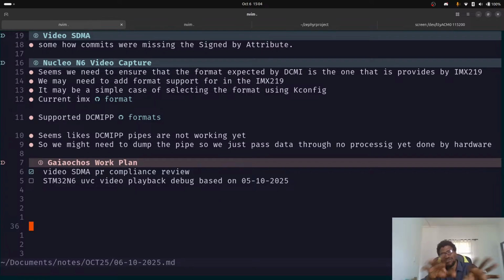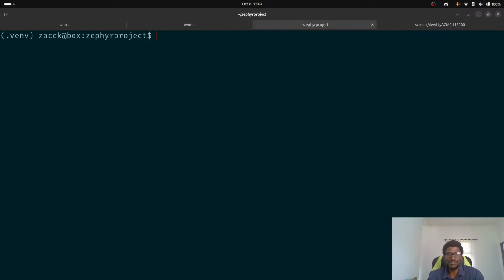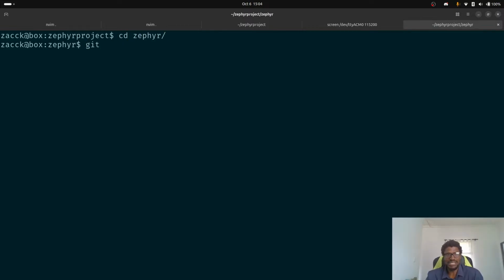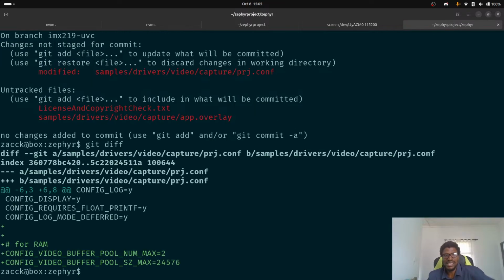So first of all, before we come back to the notes, let me actually show you what is happening. So I have my code here. And this is the Zephyr project. So I'll just jump into Zephyr itself. Actually, this is bad. I don't like mixing things up like this. So I'll just add a new tab, and then I'll go into the Zephyr project. And what I'm going to do is git status. And in the git status here, you'll see the thing that I've modified is the capture project config and the samples. And if I do git diff, you'll see that just added stuff that we were using from